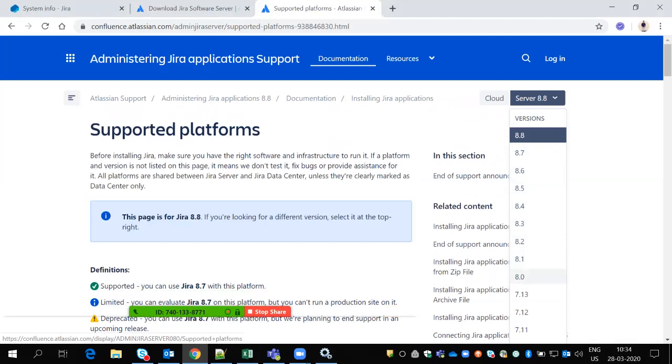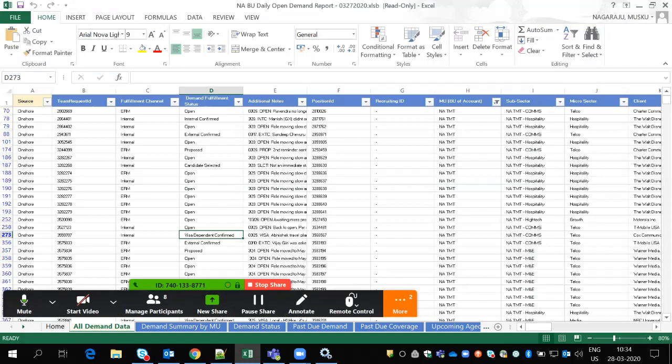In this case, this is called a minor upgradation, and we no need to worry about any supported platform issues. But when we go from 8.0 to 8.1, 8.2 or 8.3, we need to check the supported platforms, because from 8.0 to 8.1 the supported platforms might be different. So this upgradation is called a major upgradation.